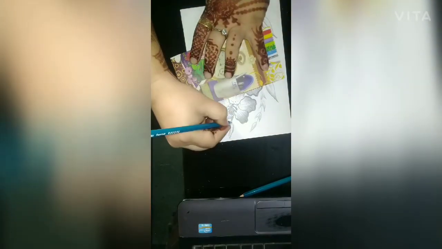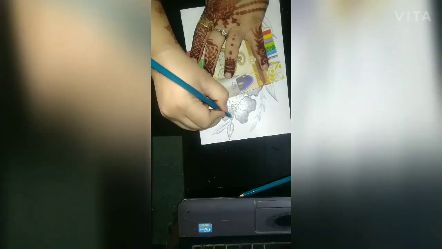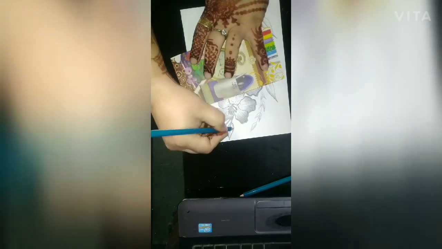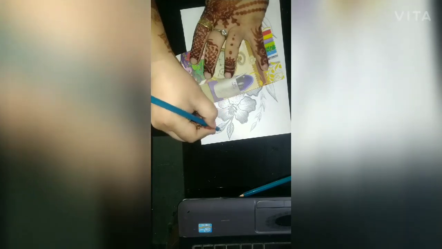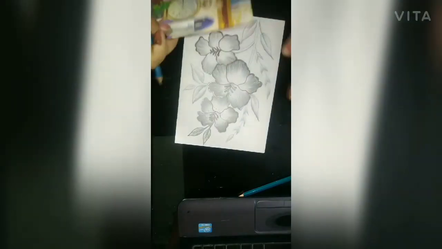Now it's time to do the finishing touch of leaves. Outlines and creating small veins in the center of the leaf is fair enough.